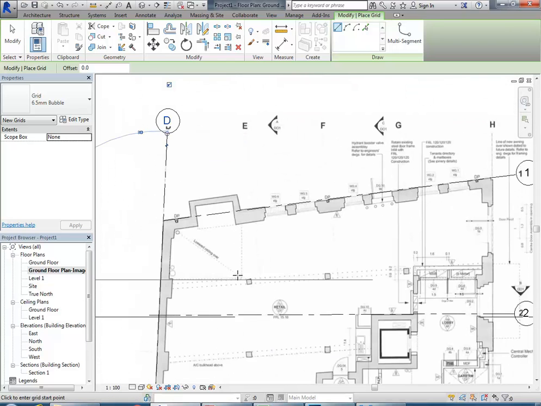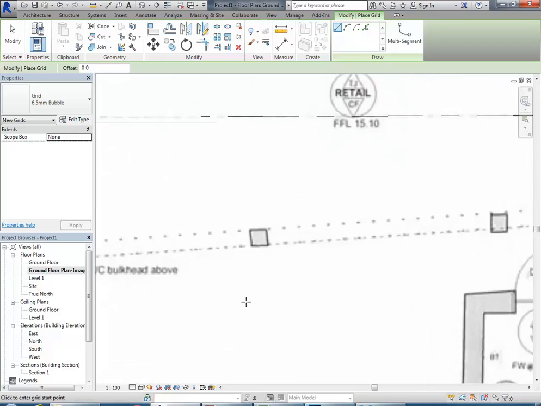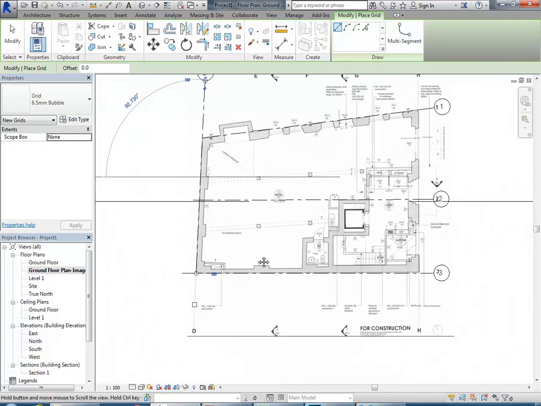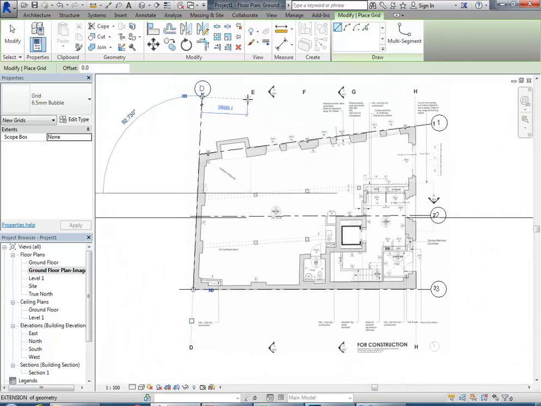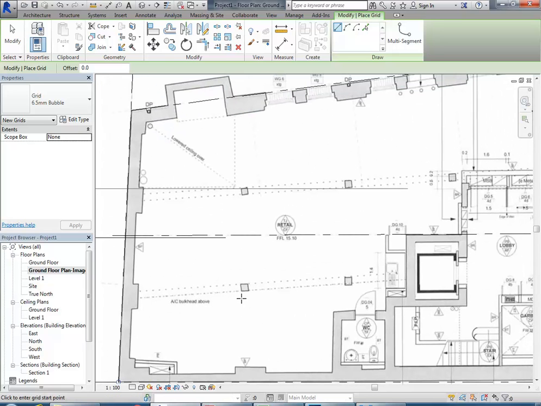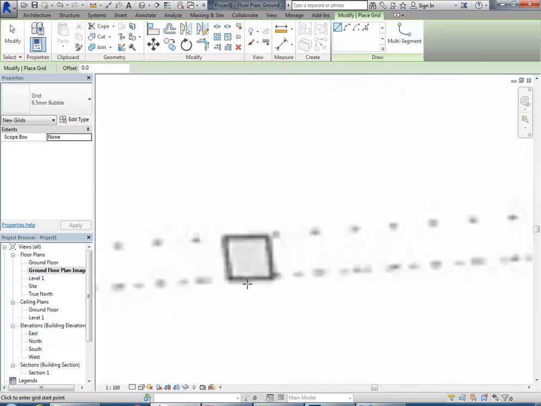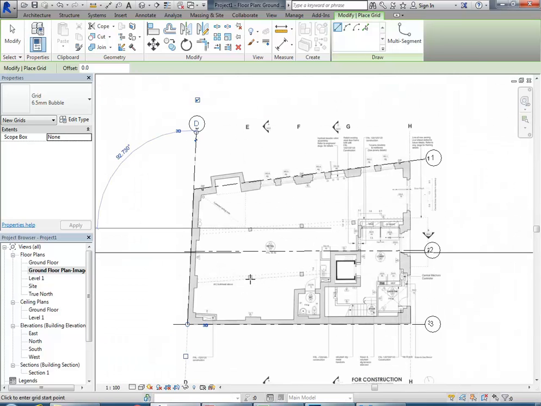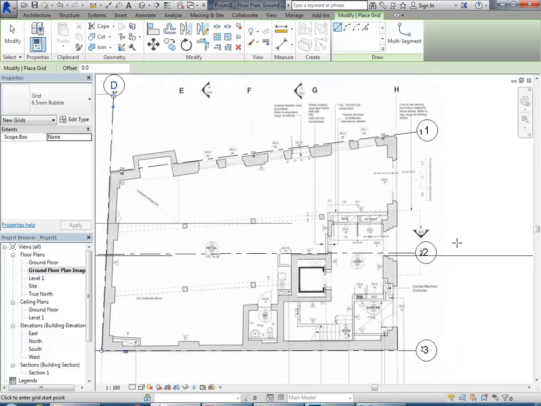Yeah, exactly. Now, E is a little bit hard to see, and I think some of those others are. You can just trace the columns if you can't see them. I don't know why they didn't do one for the columns there. They've got 1 and 2. So you might end up changing that. You might, I think,